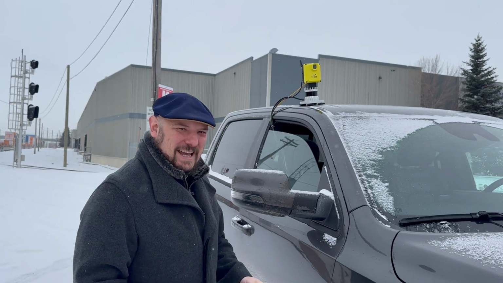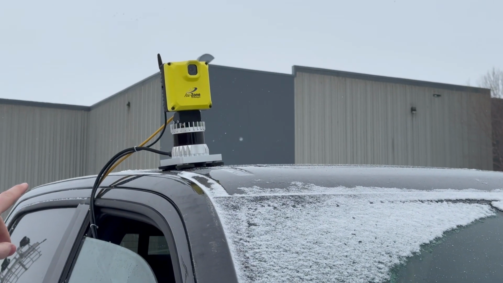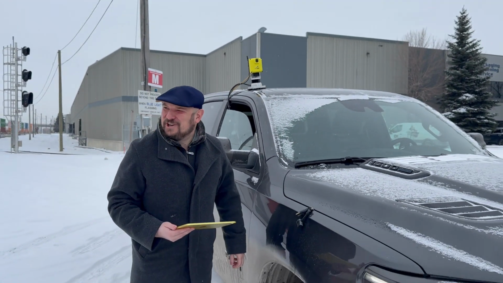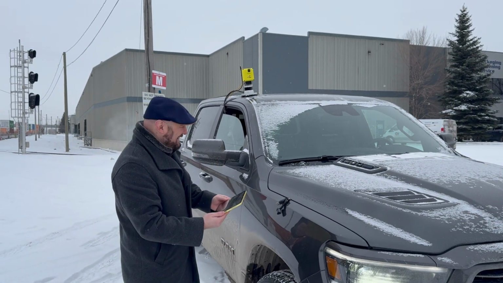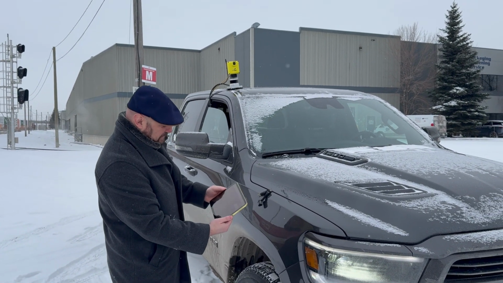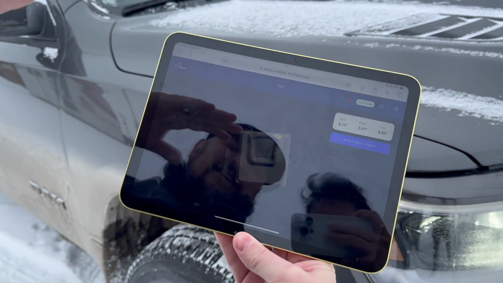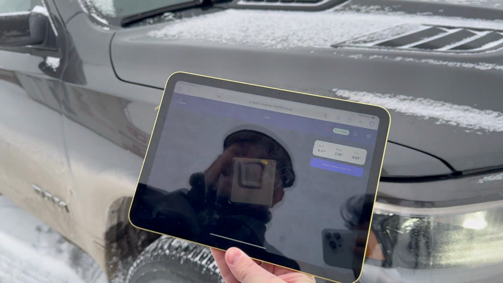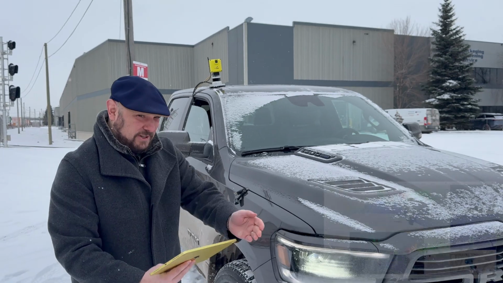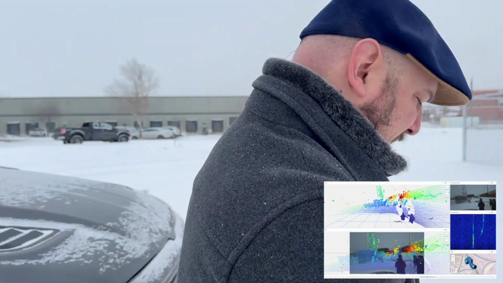So here we are back outside now. You can see we've got the Raivin with the Ouster mounted on the roof here. The hood is aluminum, so if you have a steel hood, then it can mount right on there. You can see on the IMU feed that's why we had a bit of an angle on the unit. Anyways, we're still recording, so now we're going to switch to getting in front here